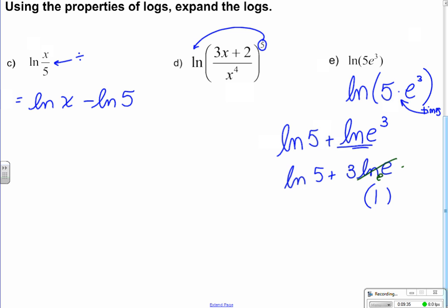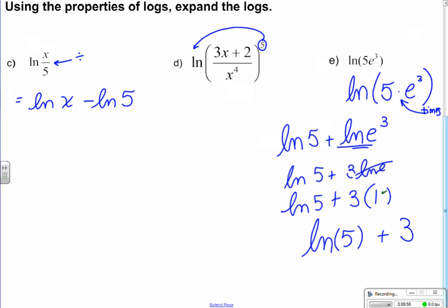Base to some power equals e. The power would have to be 1. And when you're doing the natural log of something, you're really finding the power, aren't you? So we know that's going to be a 1 multiplied by 3. I think you're going to end up with natural log of 5